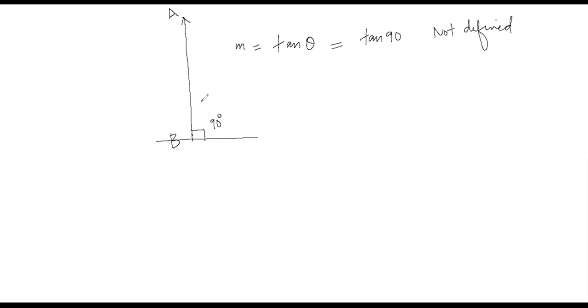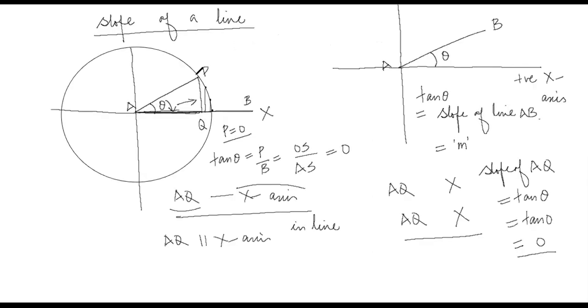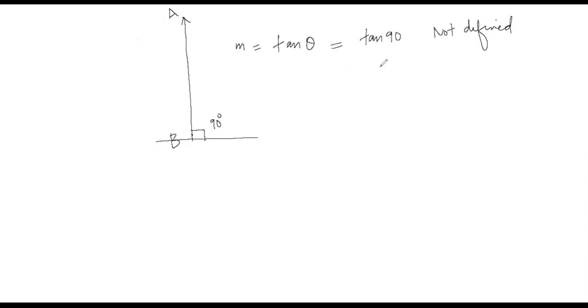Reason: when P moves like this, like this, like this, and then when P comes on the y-axis here, my base becomes 0. So tan 90, which is equal to sine 90 by cos 90, becomes not defined. So guys,